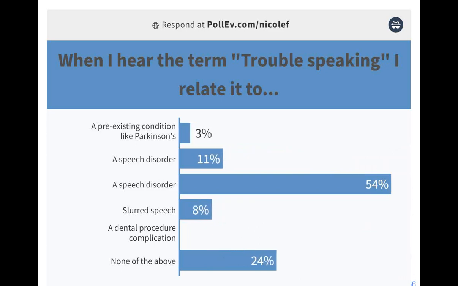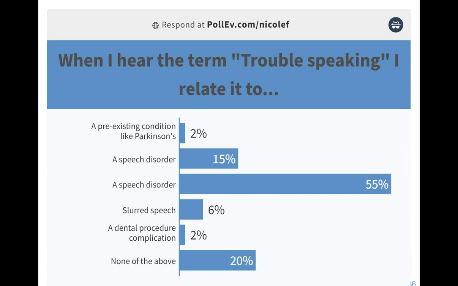And people are thinking about, oh, that's my fault. So there was probably another choice on there. But slurred speech, it could even be, right, if you have trouble speaking, sometimes you could get a dental procedure and then it could be a complication where you come out, you're numbed, and then you have a little trouble speaking. So I just want to see, or none of the above.